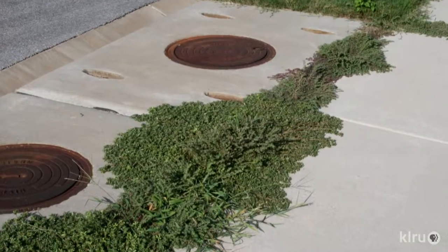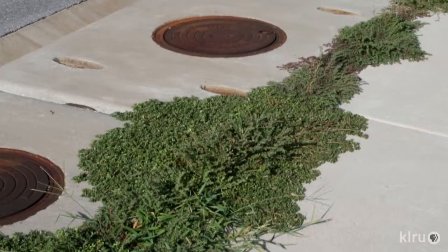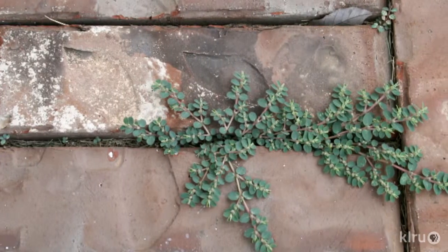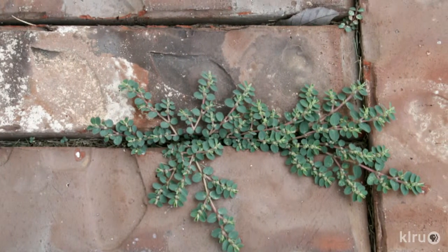Our question this week addresses a bit of a pet peeve of mine: weeds growing in cracks in the sidewalk. How do you control them? Well, weeds growing in hardscapes can be very difficult to deal with once they've gotten out of control. If they have, you should start by pulling out as much of the plant as you can. Unfortunately, in most situations, you'll be left with some pretty pernicious roots, and you'll need to use an herbicide to